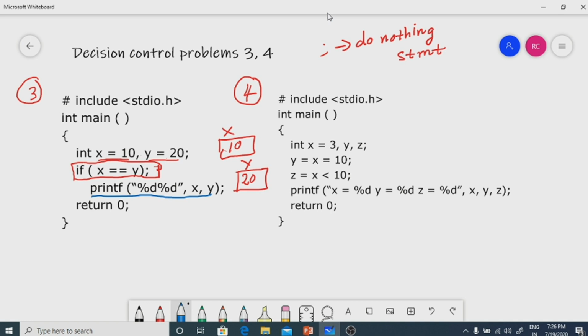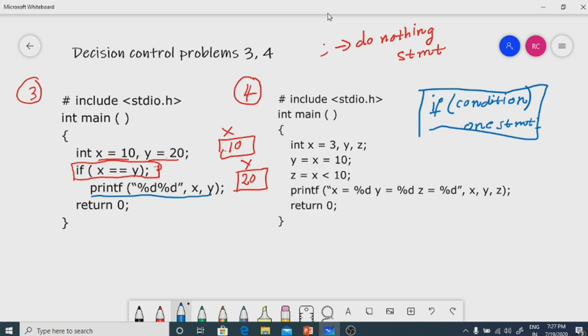According to the syntax of if, if the condition is true, execute one statement. Now semicolon acts as a statement, so in this program, semicolon belongs to if.